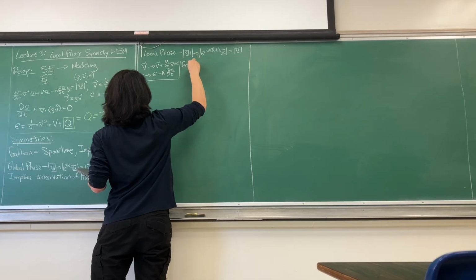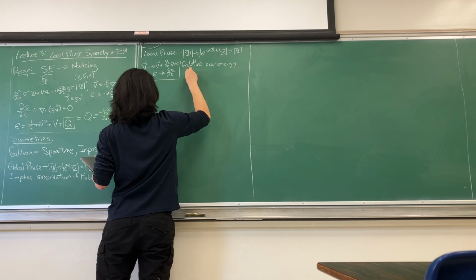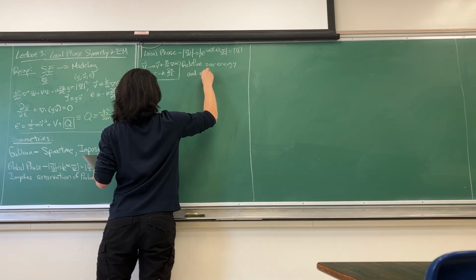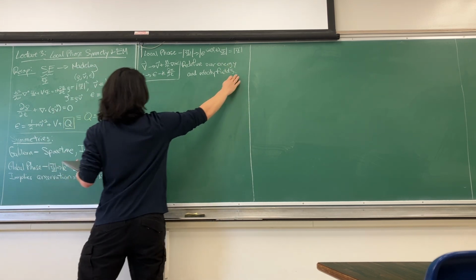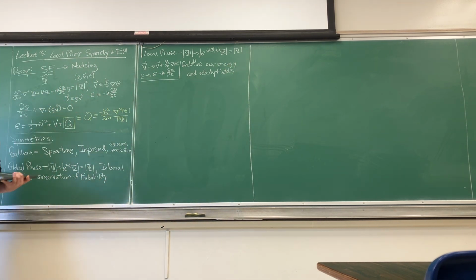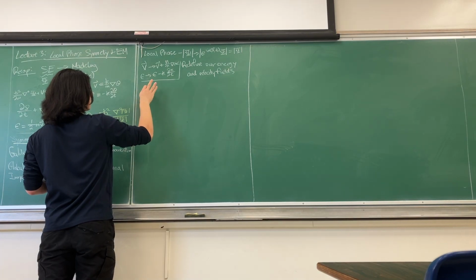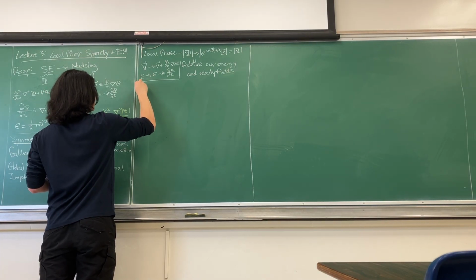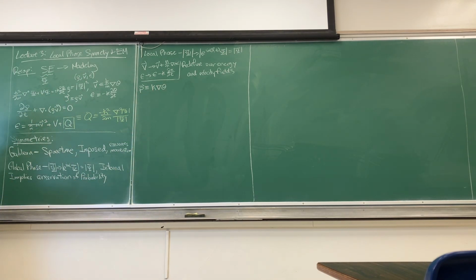redefine our energy and velocity fields. And we're going to do that with this thing called the gauge field. So what we're going to say is that P, or sorry, let's say M, let me first do a preliminary, which is to say I'm going to define the momentum field as h bar gradient of theta. So what that means is that previously I could have written this as P squared over 2m,